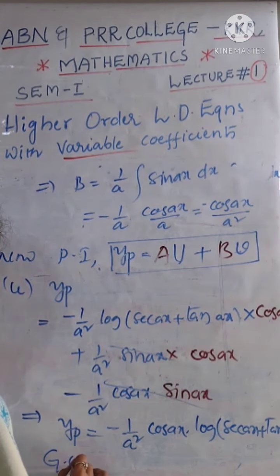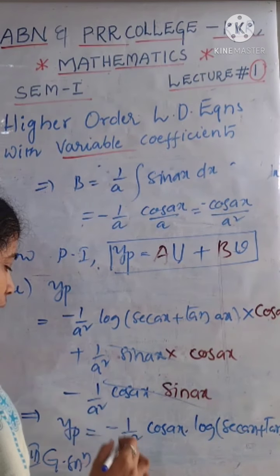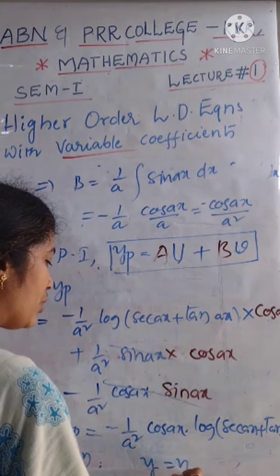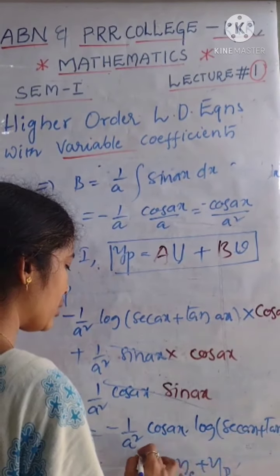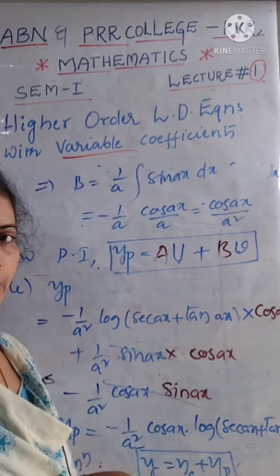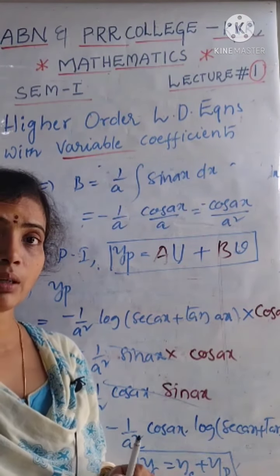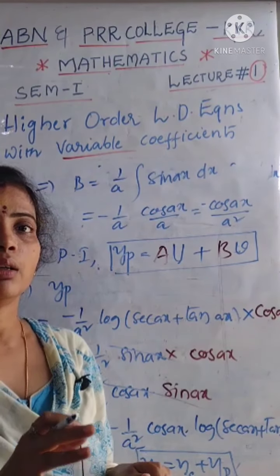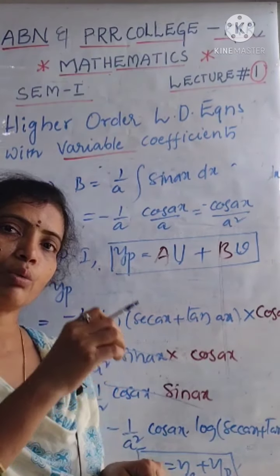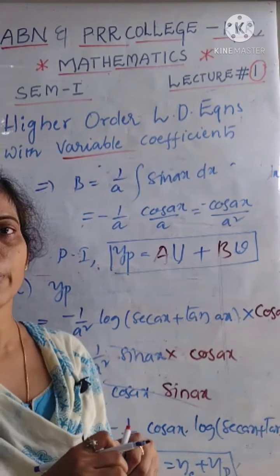General solution: you know that in the final case, the third case, we find the general solution. The general solution is y is equal to yc plus yp. Replacing these two values, whatever we found in case 1 and case 2, we get the solution of the given equation. Remember that only when the question asks to solve the given equation by using variation of parameters, then you attempt the question by variation of parameters.